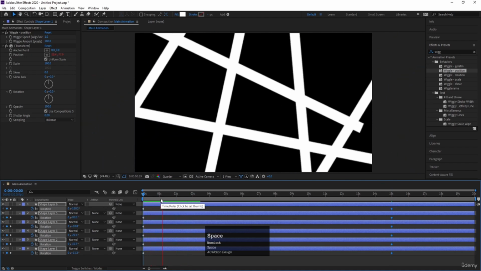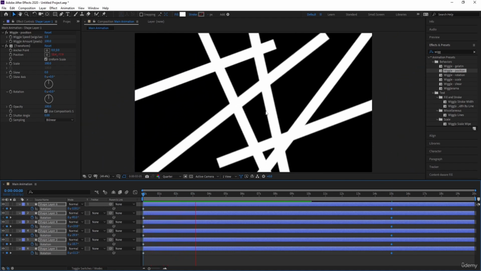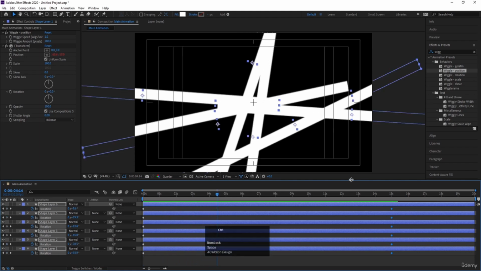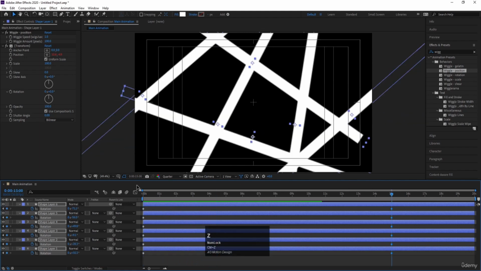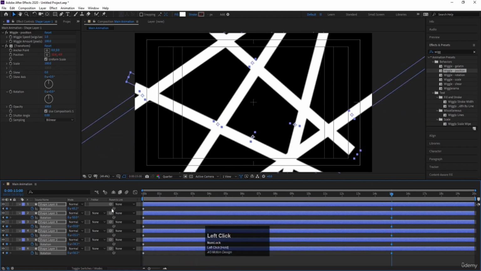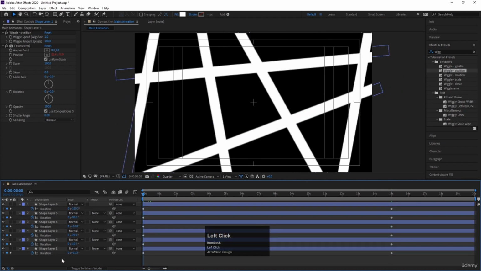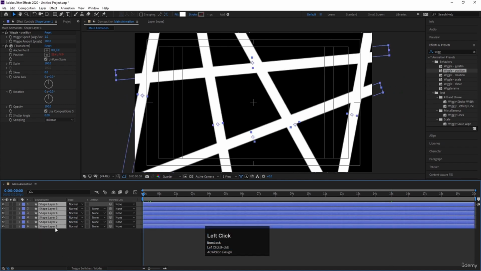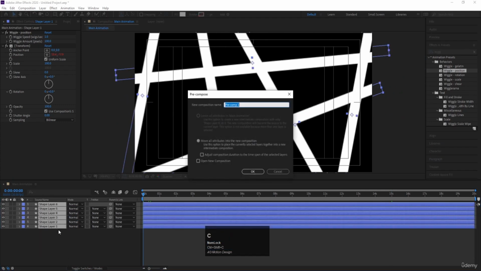It's totally up to you, but if you see properly we will get some weird stuff over here. So instead of that we will stick with this rotation. If you want, you can tweak it a little bit. Okay, like this. Now select all of these layers and press Ctrl Shift C and we will call it